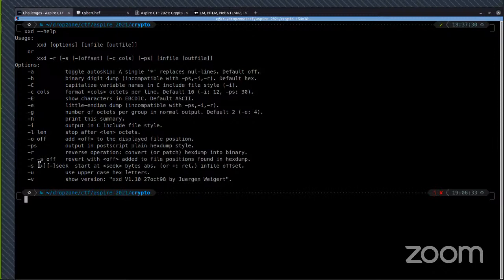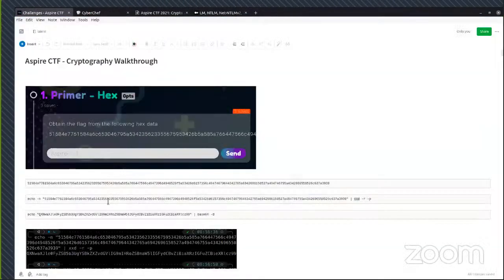The ones we will be interested with are the R and the P. So the P is to print, the R is to revert from hex data. So we will first echo the data. So this is just to display the data and then pipe it into the XXD tool. By piping the input, I mean we redirect it to the actual tool. So if I run that,